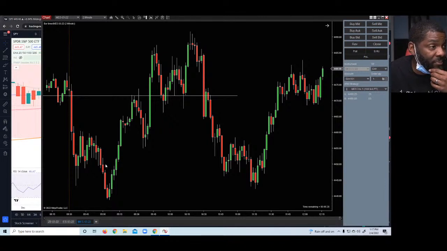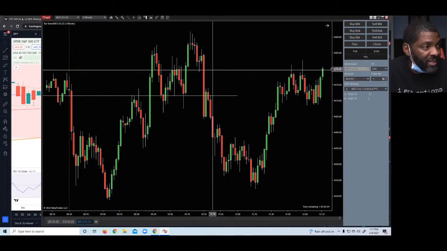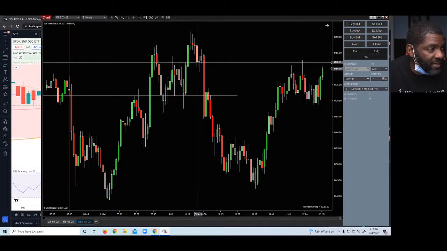Same thing. We came up here. We was making these higher highs, right? And then when we came down, if you see here, we broke these lows right here. Once we broke these lows, this very next candle, we made a fair value gap right there, from here to here. So I was looking to make my entry right around this level. And if I put the line on there, see right there, I was looking to make the entry right here.